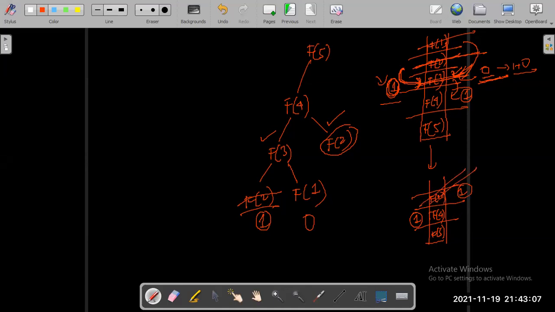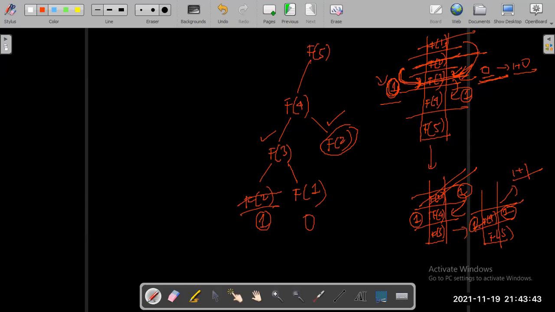After popping this, which one is the current top of the stack? So f of 4. Return this to the current top. So this f of 4 has now got two values, 1 and 1, right? One from f of 2 and one from f of 3. Fine. This part is done. Now f of 4 will calculate itself to be 1 plus 1. Calculation part is done. Pop this function out.